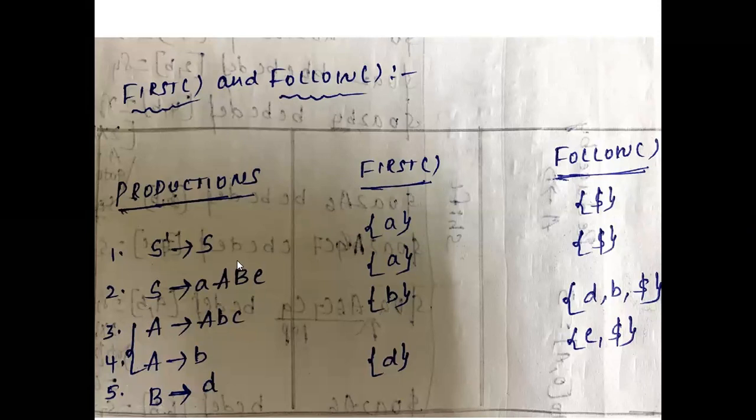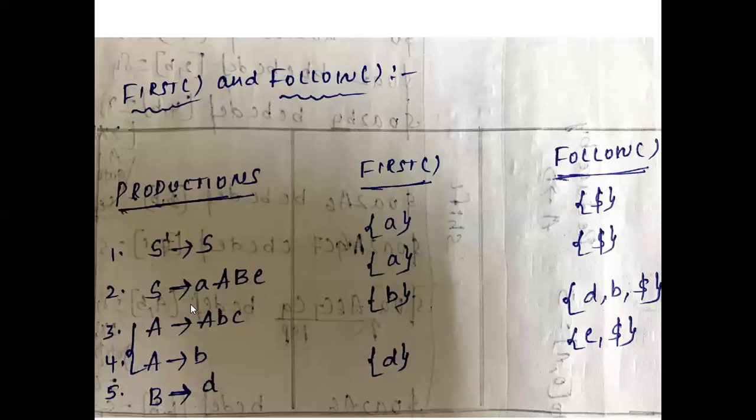There is no S dash in any production at the right hand side. So directly we are writing the dollar. As per the rule from the construction of follow function, rule number 1, just place dollar at the starting symbol of the given grammar. Here in this grammar, the starting symbol is S dash. So we are just placing the dollar here because there are no S dash variables at the right hand side of the given production rules. So we are directly writing the answer like this.